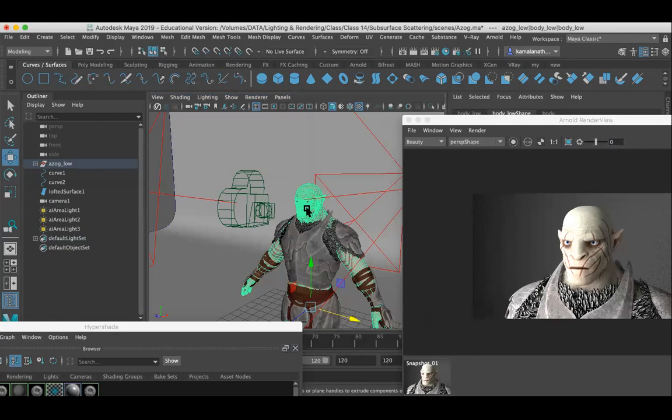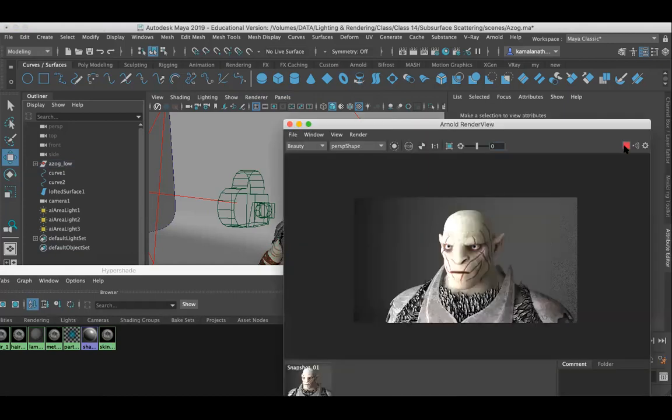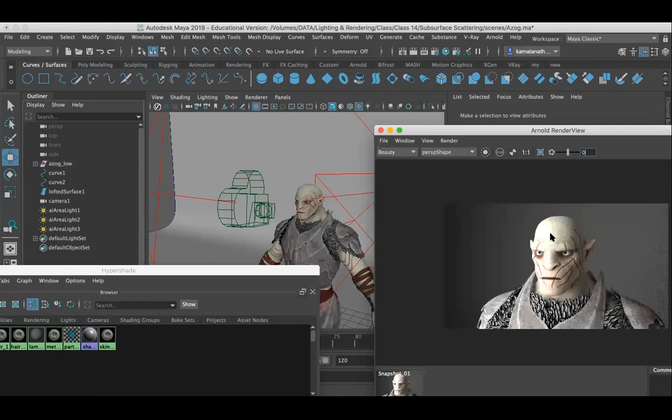When you click, make sure your render is running. When you click the rendered image in a particular place, the object will be selected in the viewport. I think you know that.